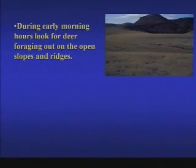Early in the morning, they tend to be out in the open areas, or in the evening, they'll work their way out into the open areas. So you've got to realize in the morning, they've had all night to work their way out into openings while they're feeding. In the evening, they're just making their way from wherever they bedded during the day, which tends to be thicker cover where they can feel secure and safe,